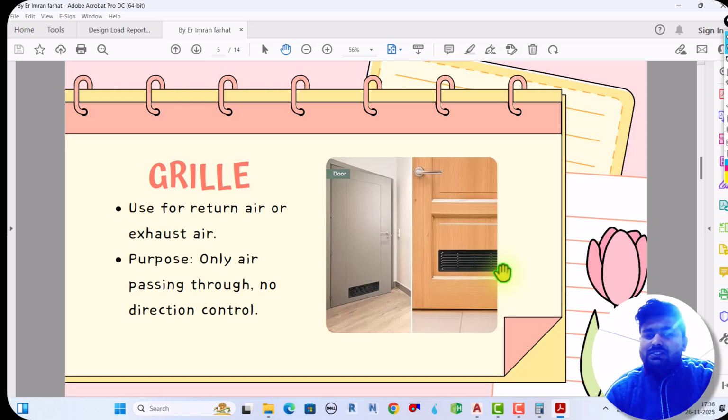Here it is only open like a vent, only air can pass through this hole, because there is no volume control damper to control this air flow,